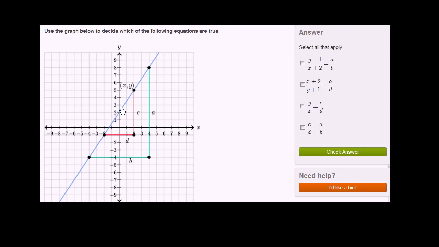triangles are the line. And you could view this right triangle, say this one in red, as really side C is our change in y, our vertical change as we go from this point to this point, and side D right over here is our horizontal change. Notice we go D to the right and then we go C up. If you're starting at this point and going to that point, side B is your horizontal change and side A